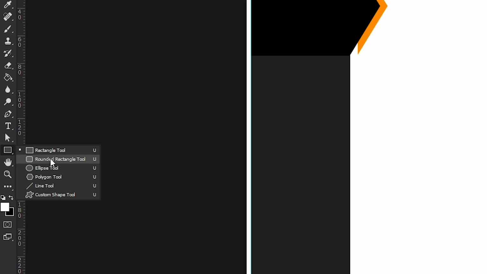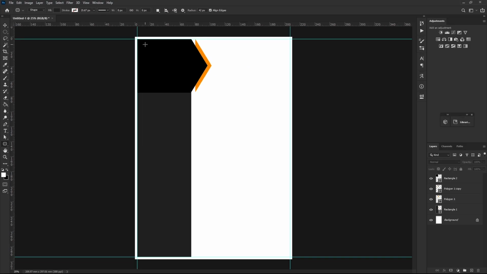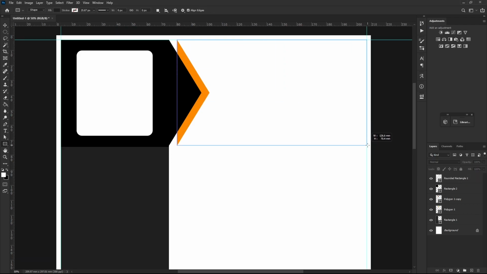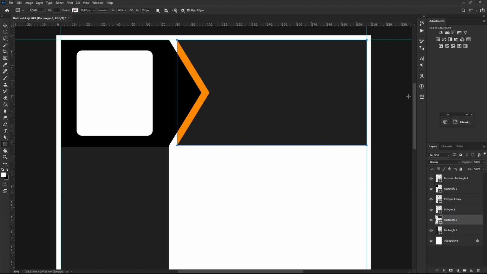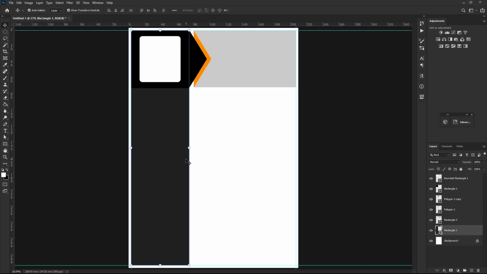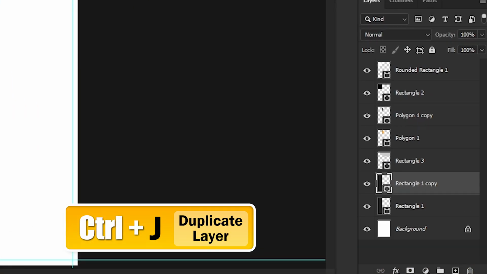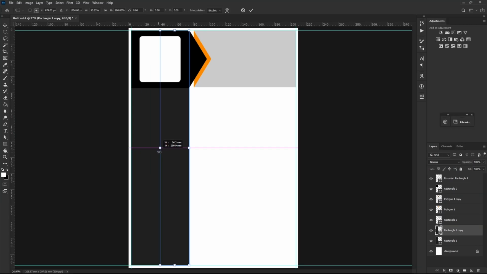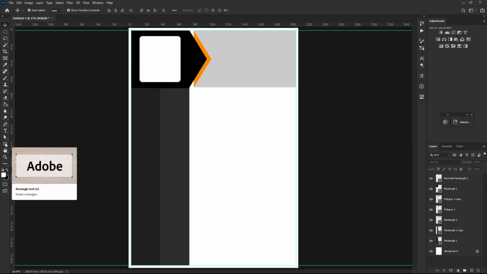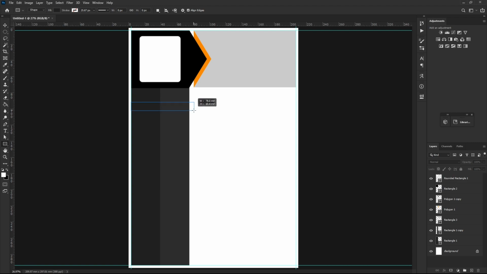Create a rounded rectangle for your image. Create these shapes using rectangle tool.